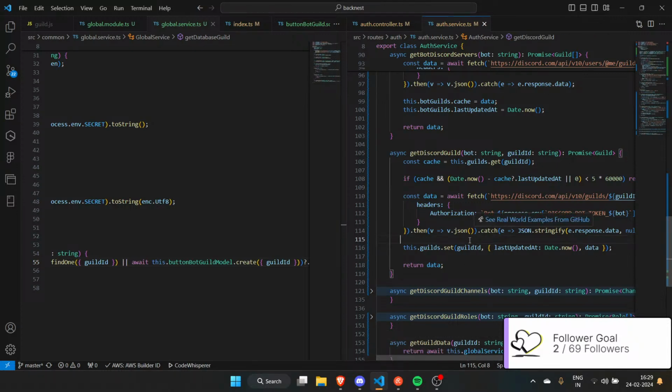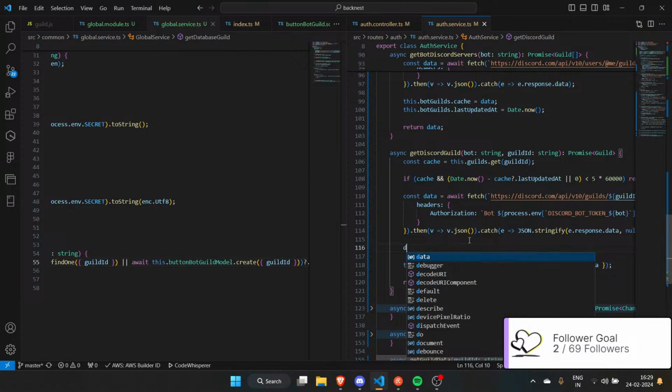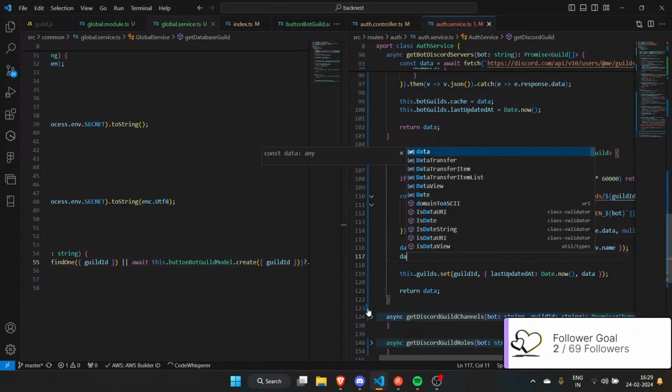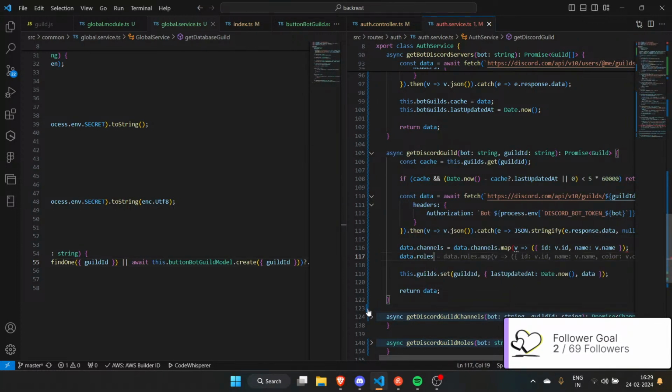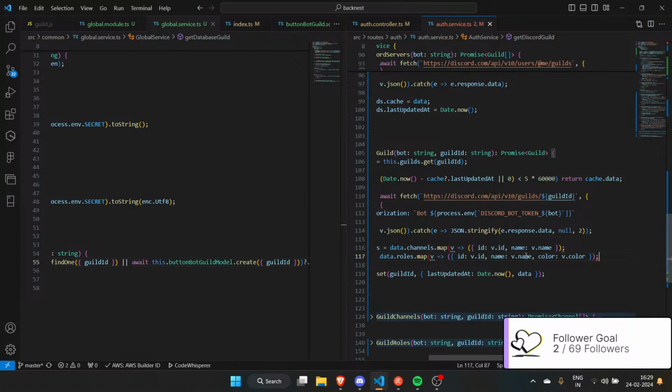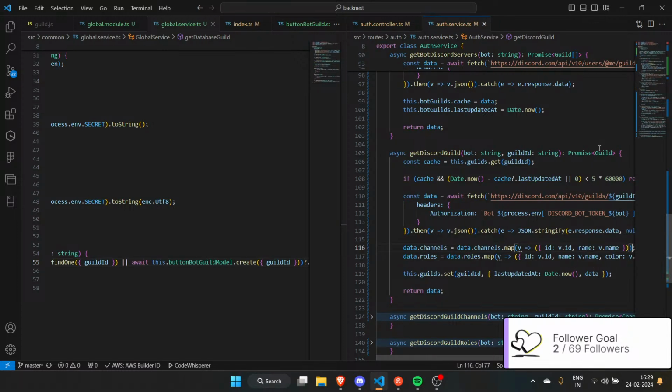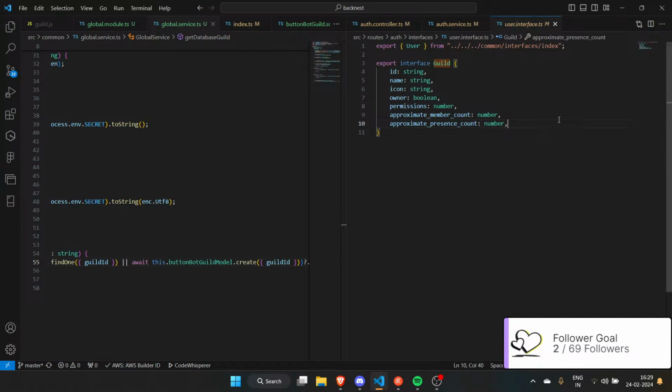Anyways, I like to make some changes here. So data.channels is equal to data.channels.map, and then I'm going to copy nothing. Then we have data.roles. Amazing. I guess we are missing a bracket there. Then I like to do a couple of changes in this guild thing.